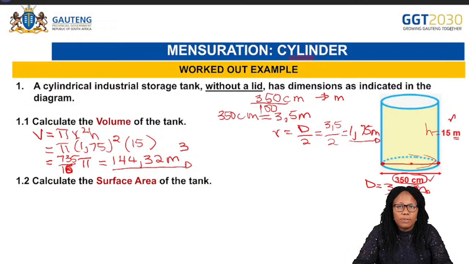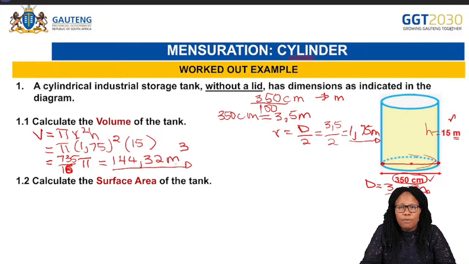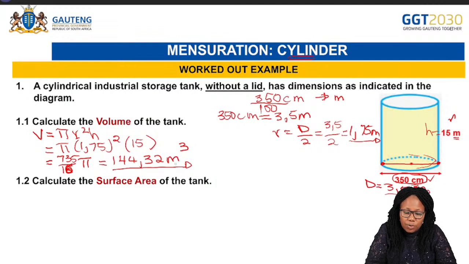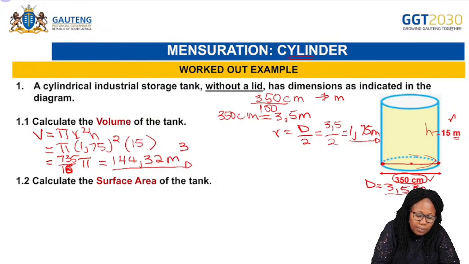Okay, grade 12. Let's continue from where we left off. We were looking at 1.1, and the solution is 144,32 cubic meters because we were looking at the volume of a tank. And then 1.2, you were supposed to calculate the surface area of that particular tank, okay? And now the surface area